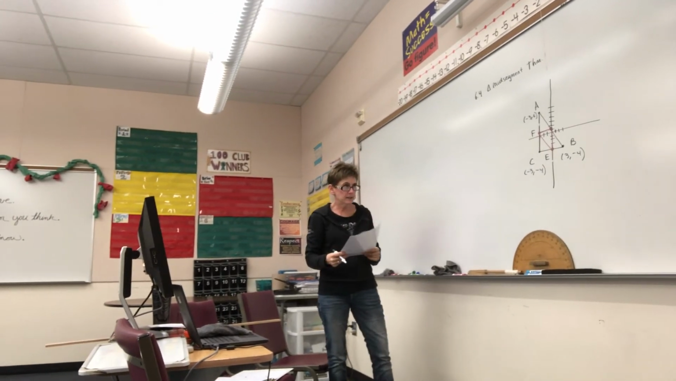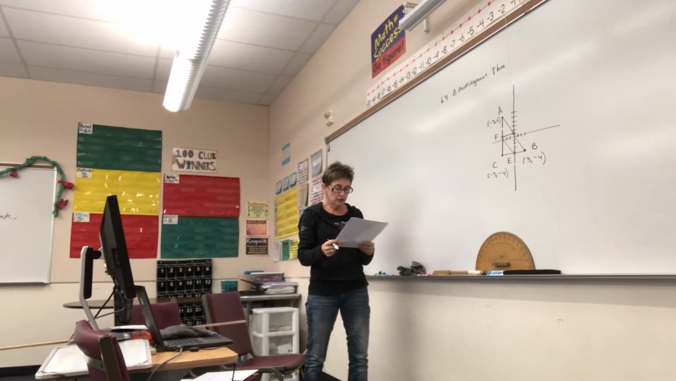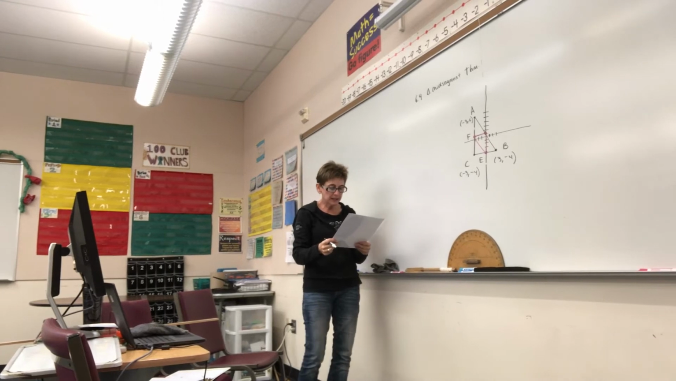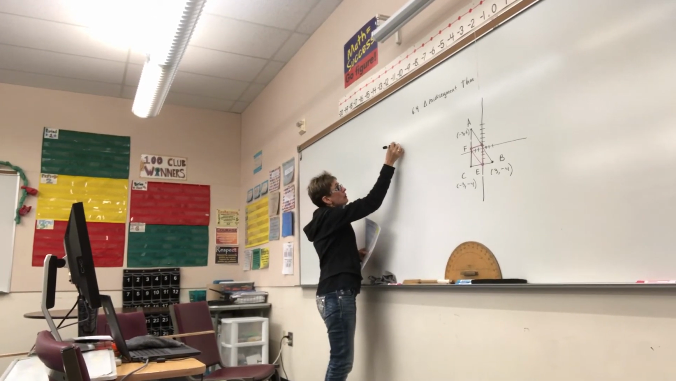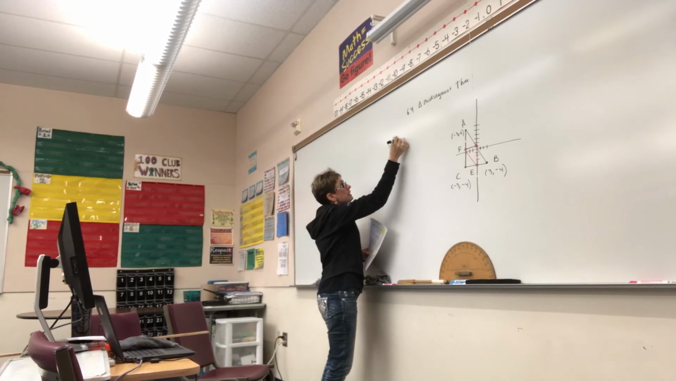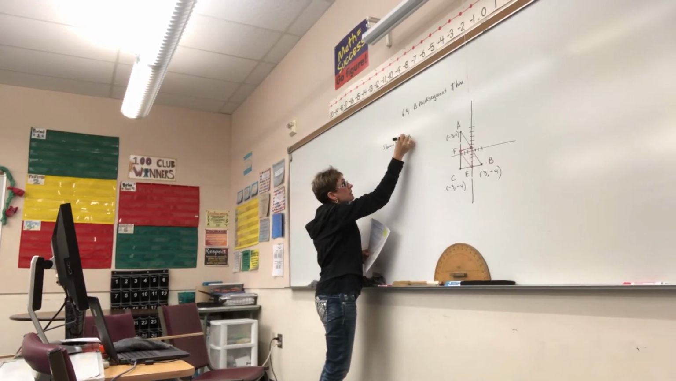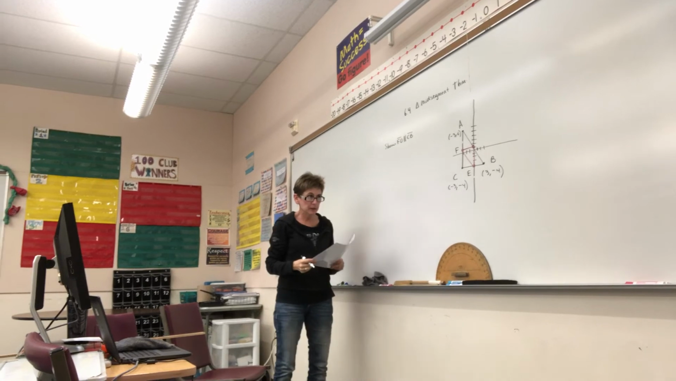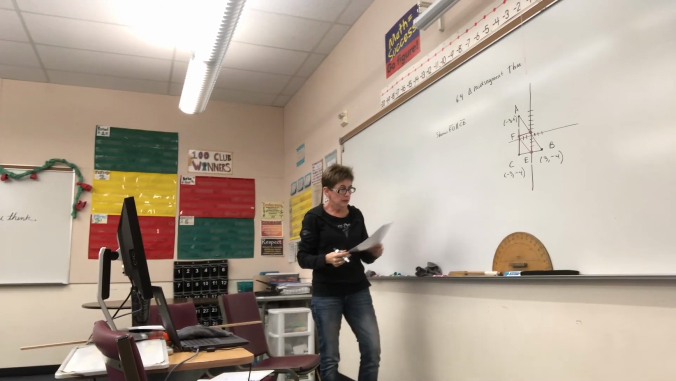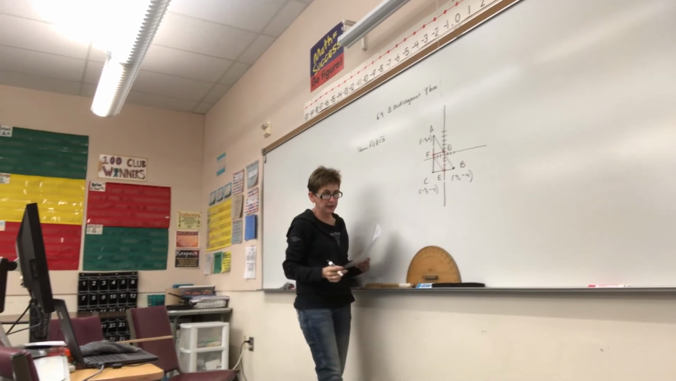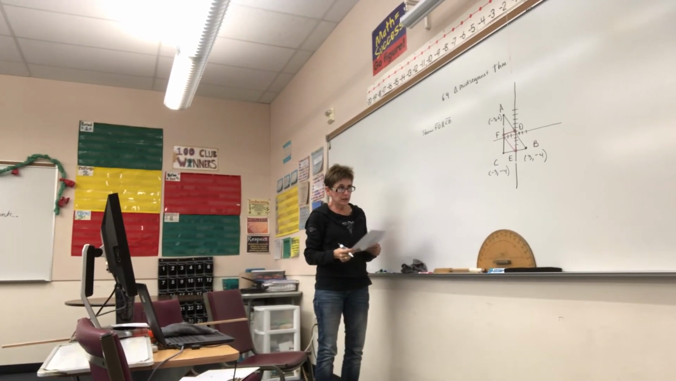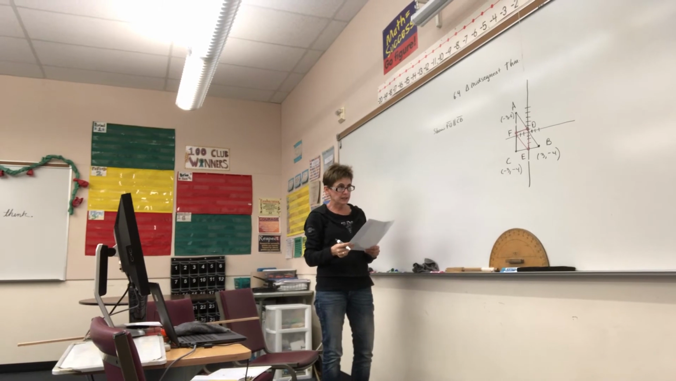Now, the next set of instructions says to show that FD is parallel to CB. So FD would be this horizontal pink line right here, and we need to show that it is parallel to